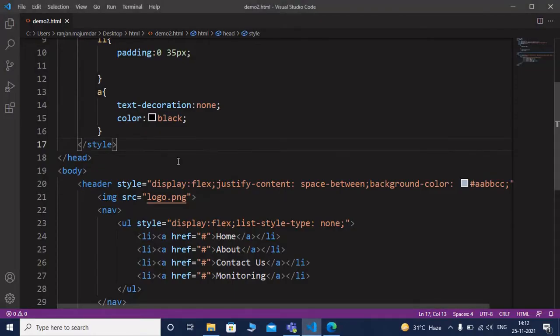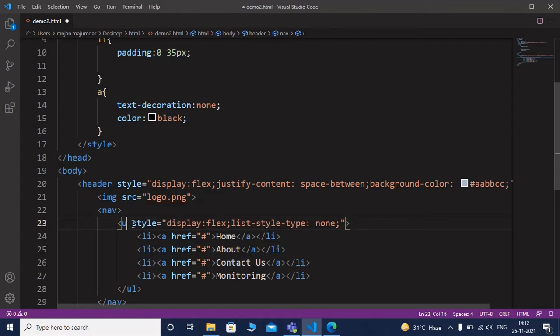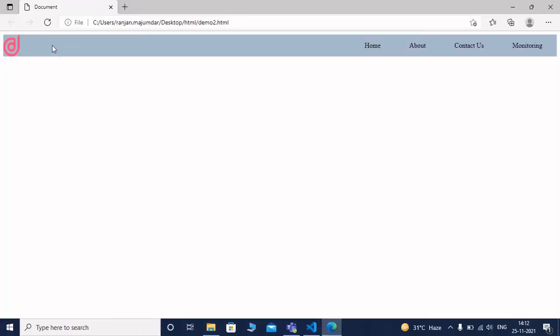So this is header. In HTML5 we can use menu element in replace of UL. What is the function of menu? Actually menu tag is deprecated from 4.0.1 and it is included in 5.0.1. It contains one or more li. Remember, menu contains one or more li. So in replace of UL we can use menu. So here I am using menu. I am saving it and refreshing it. You will get the same effect.